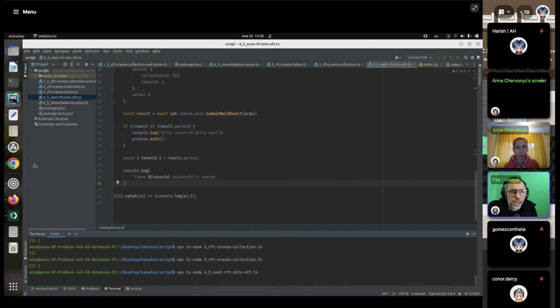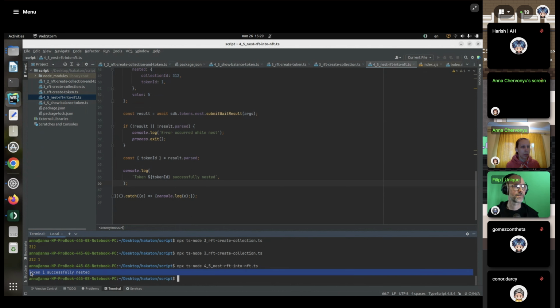So Anya has set the value 5. We'll be sending along 5 little fractions of the RFT. Wait, and then the whole bundle command successfully executed, and then the whole bundle can be viewed using this command